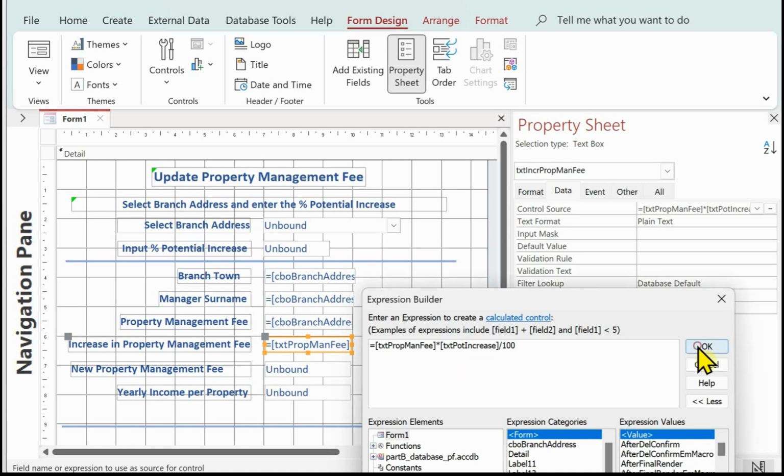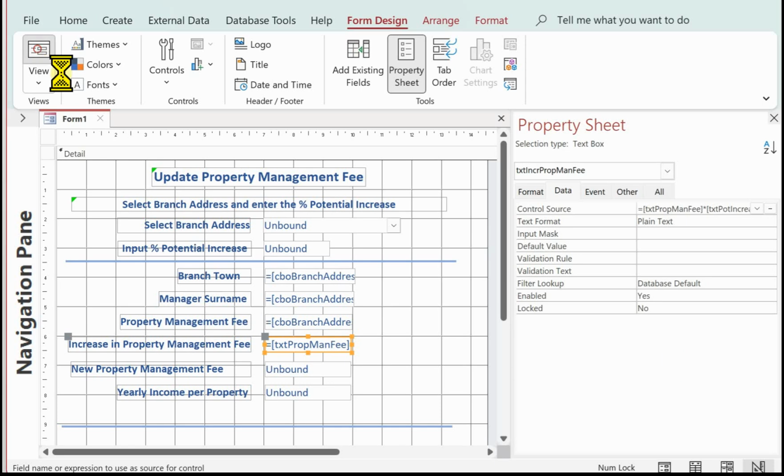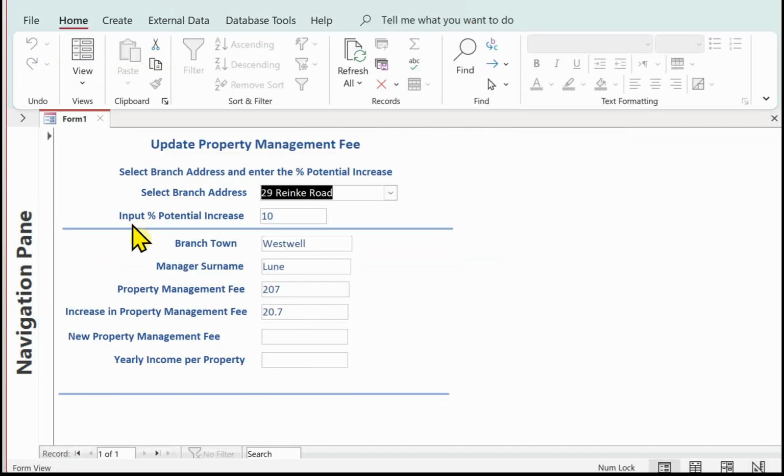Okay, let's go to the form. Got a potential increase of 10, that's 10%, remember. Got a property management fee of £207, therefore 10% is